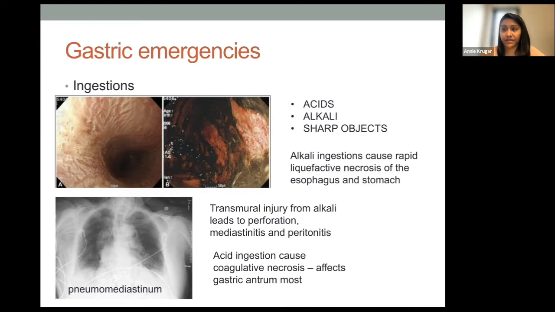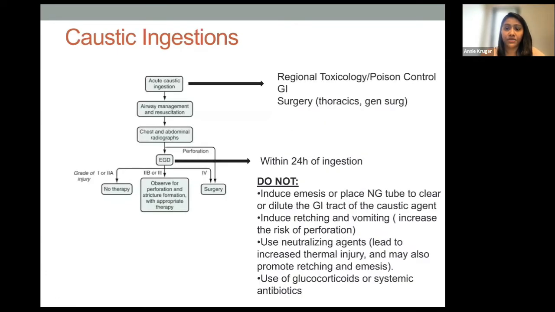often affecting the gastric antrum the most. So these patients can get very sick and be in the ICU and have a very high rate of mortality as well. So it's very important to stay on top of it. So again, what you're supposed to do is call, obviously, GI surgery, but also let your regional toxicology poison control